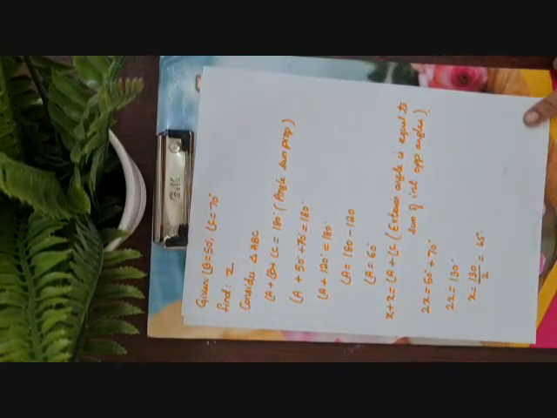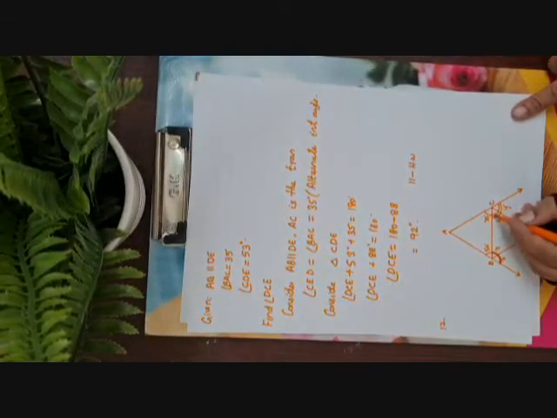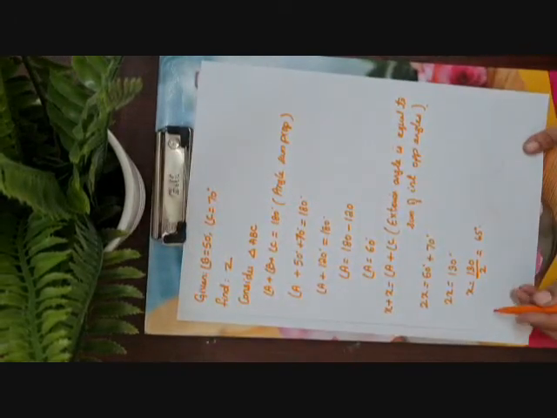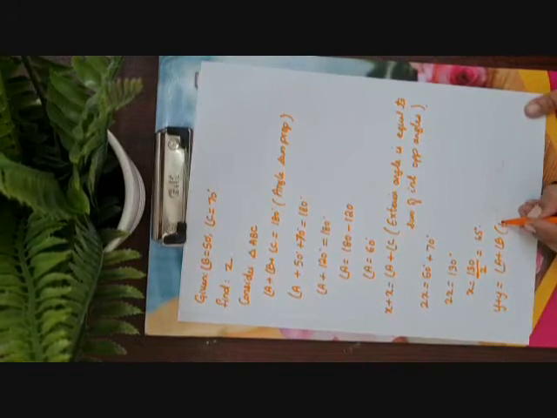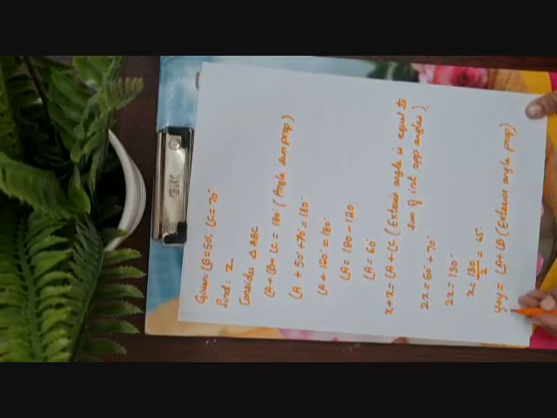Similarly, in the same way, we can find y. See, again this complete angle, y plus y, is the exterior angle. So y plus y will be equal to angle A plus angle B. Okay, so let us write that. y plus y is equal to angle A plus angle B. What is the reason? Exterior angle property.